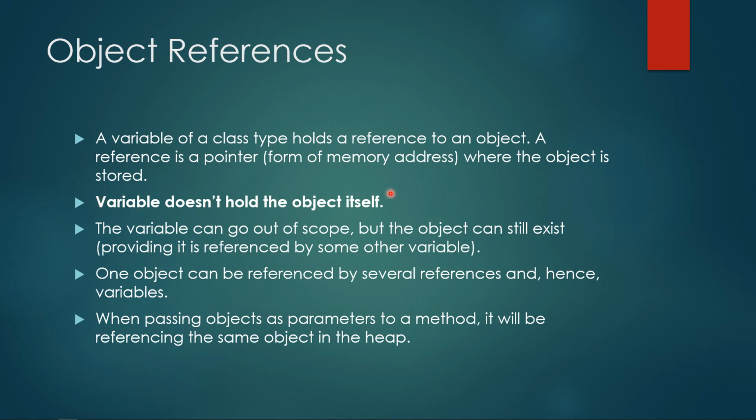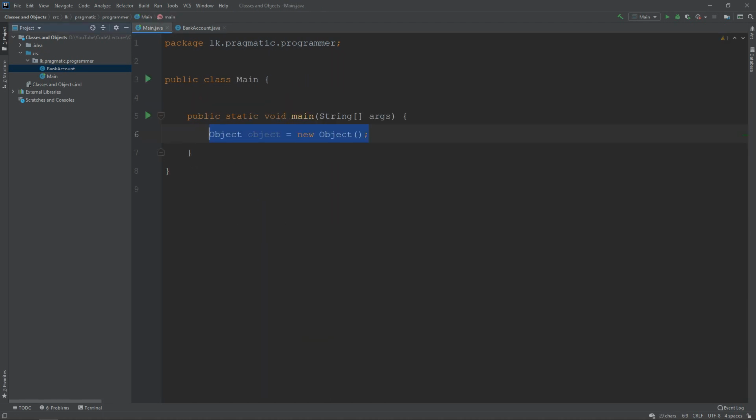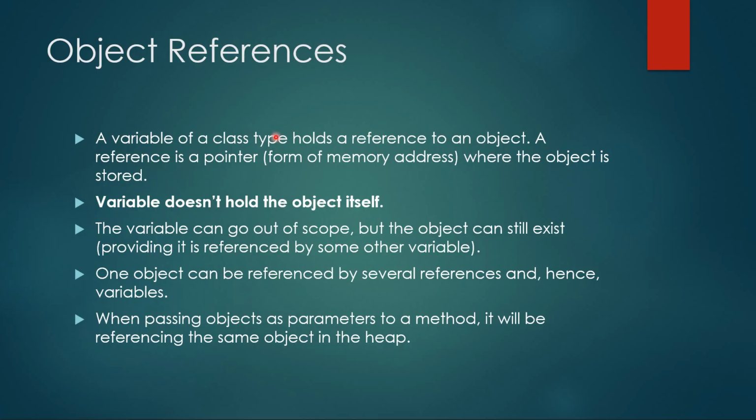That's the thing. Now if you look at Java, and if you declare a variable, like I showed earlier, let me show that again. Okay, see, Object equals new Object. So this is the variable right here, object. This variable doesn't hold the object exactly. What it does in Java is that it holds only the pointer. The pointer is the memory address where the object is stored. So let's move on to the next point.